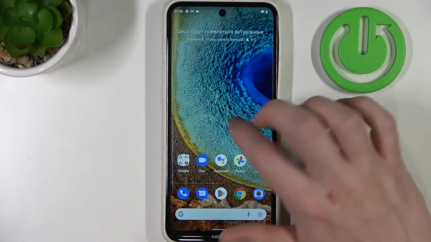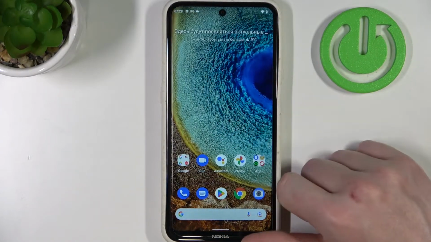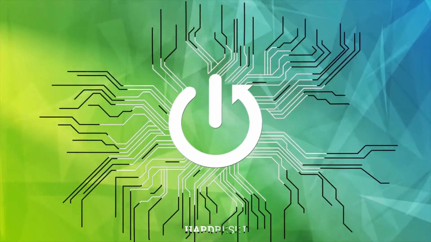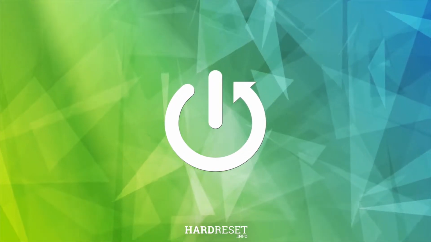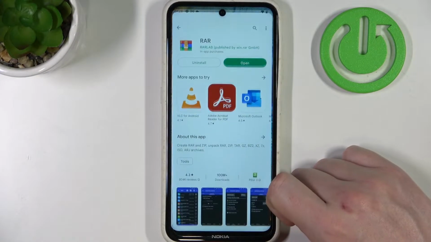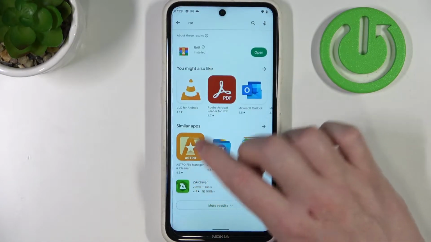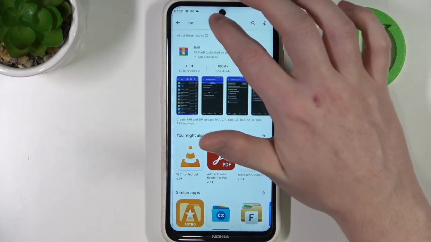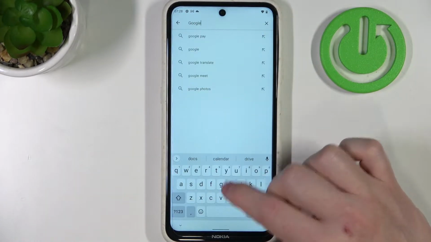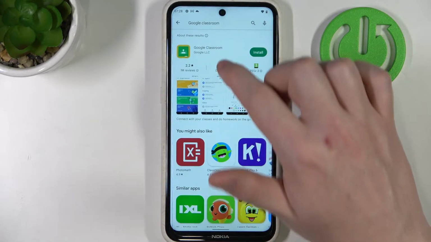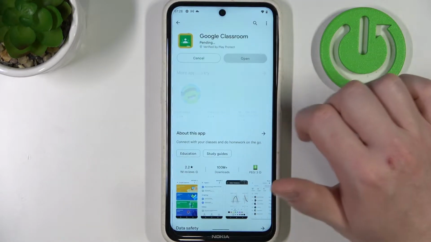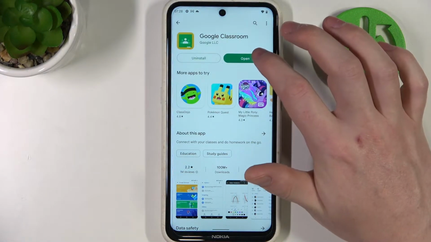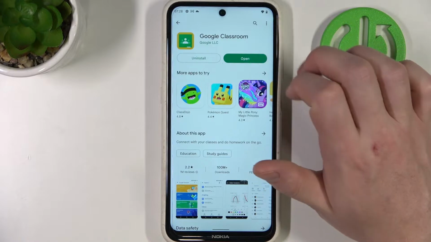Hello, in this video I want to show you how to install and join Google Classroom on the NOKIA X10. And to do this, first let's open our Google Play Store. Right here we want to look for the Google Classroom app. Now let's select it and install it. When it's finished, you can open this app,